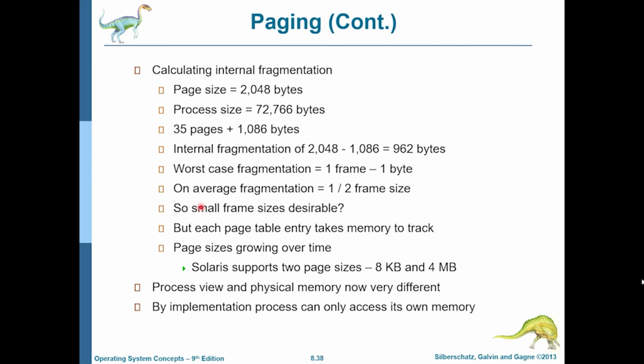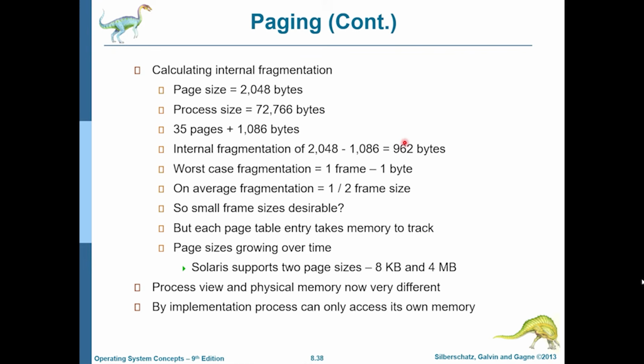So should we just make small frame sizes? Because if the frame size or the page size, because page sizes are equal to frame sizes, had been made, let's just say, 512 bytes, then the fragmentation would have been very, very less, because out of these 1086 bytes, even 2 pages, 1024 bytes, could have gone to 2 complete pages, and only a few bytes would have been left. And agreed, that would have taken another 512 bytes of a page, but the loss would not have been as high as 962.